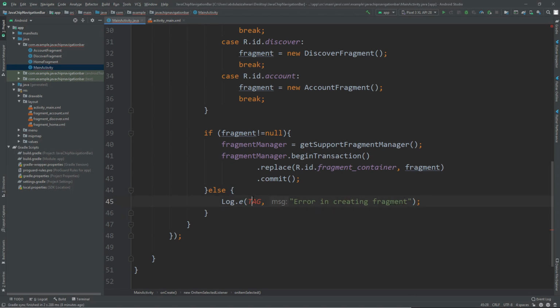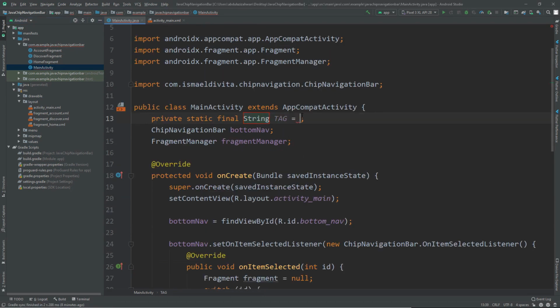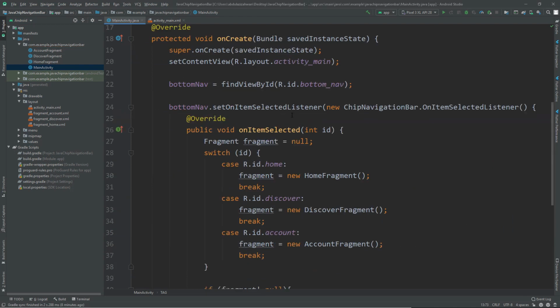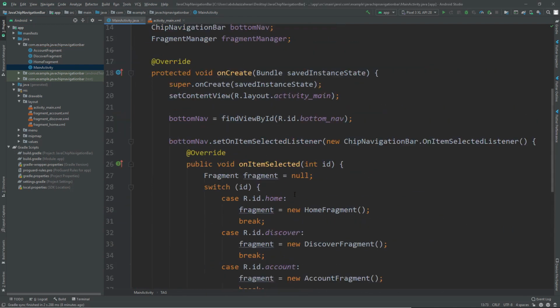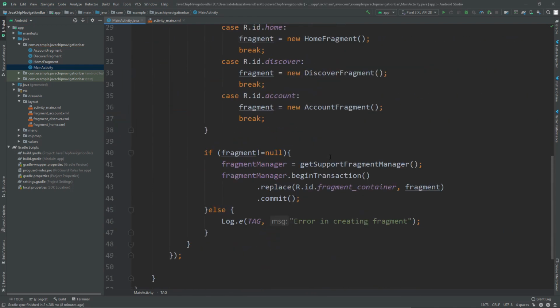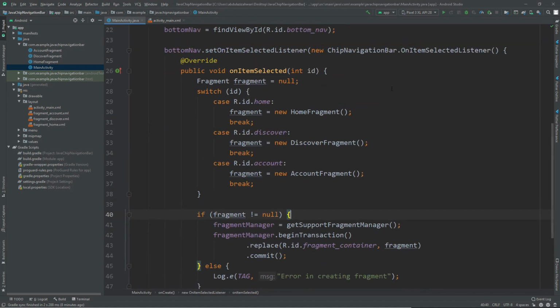So we see error here, and we need to create a constant field in this. So we say MainActivity.class.getSimpleName. Alright, and let's try to run our app.